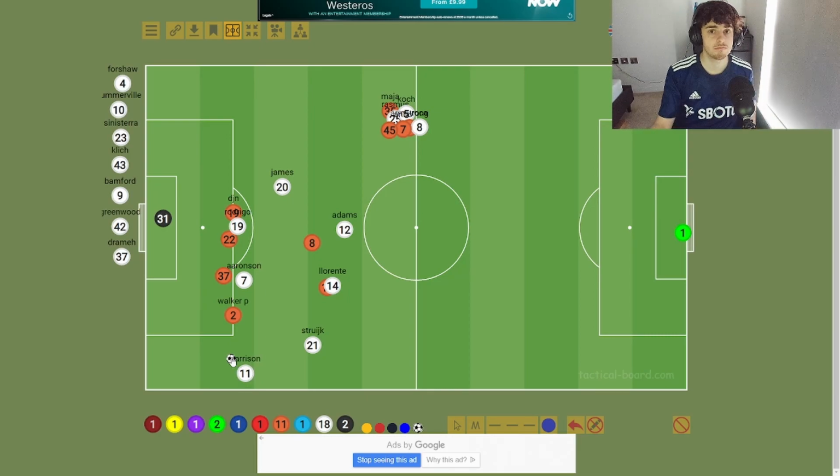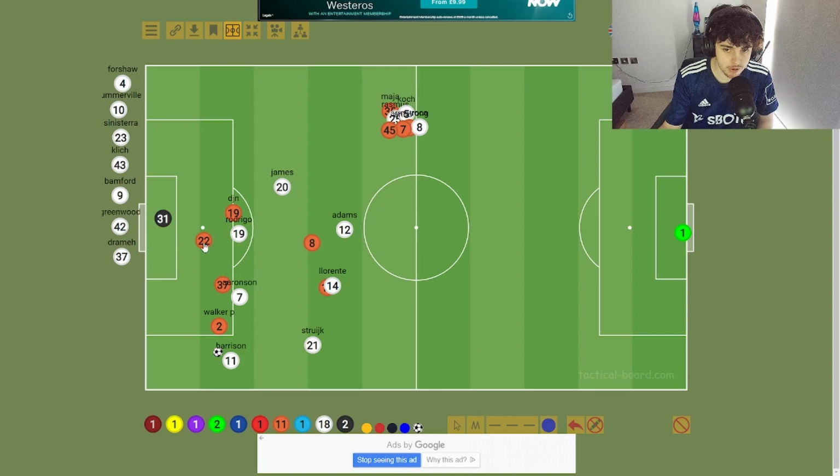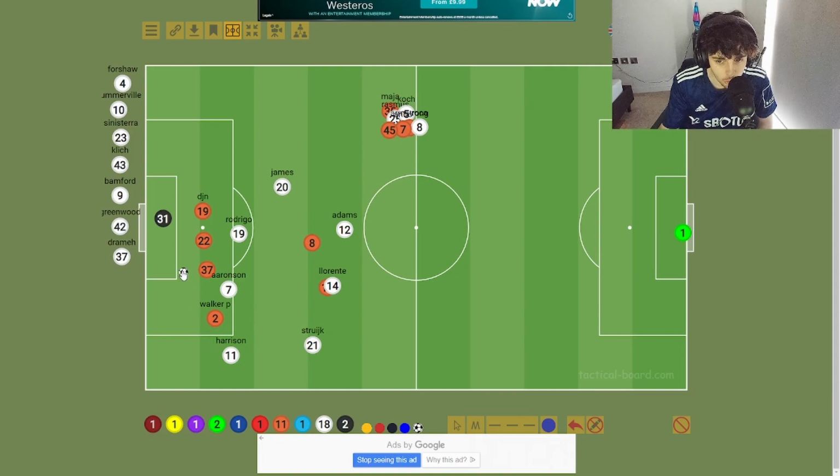And it's a simple goal. He was talking about René Maric, and how he said about crosses, how he doesn't like most crosses. There's a certain type of cross, and this is the certain type of cross that he means. Harrison kind of walks a little bit in this position. Walker-Peters comes over. Harrison's occupying this area here. And it's Rodrigo's movement, which is incredible. Harrison's occupying these, so it gives him a little time. Walker-Peters doesn't want to commit too much. Harrison puts an excellent little low pass cross into this area here.